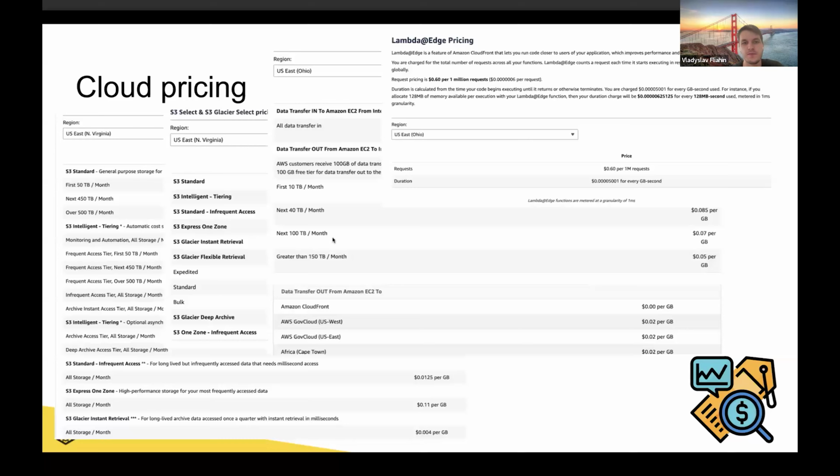Next is cloud pricing. One way of thinking is that on the clouds, we should always consider only the compute power that we pay for, and the rest is just, let's say, 1% of all the costs. But the reality is different. The reality is that sometimes it can be 20, 30, maybe even 50% of the cost when you pay the cloud provider outside